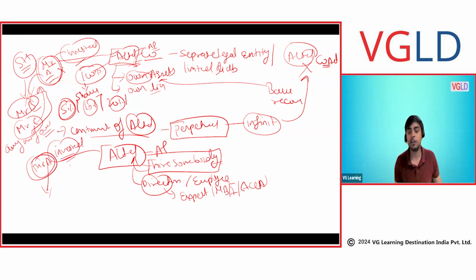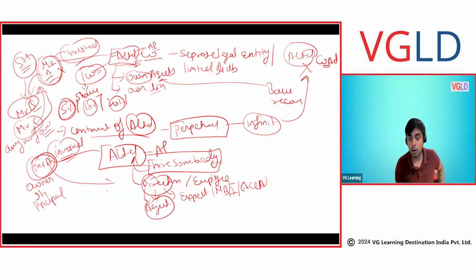Whereas I'm just an individual with money. I may have money, but I may not have the skill. So I can hire somebody. They will be employees. So this basically creates the owner as shareholder and the director as agent. So the owner is the principal and the directors are the agents. Directors are just employees of the company, nothing more than that. So either I can hire somebody or I can appoint myself as a director. Mr. A can act as an owner, as a shareholder. Also, he can act as a director.